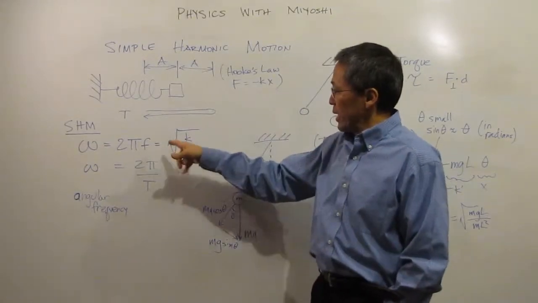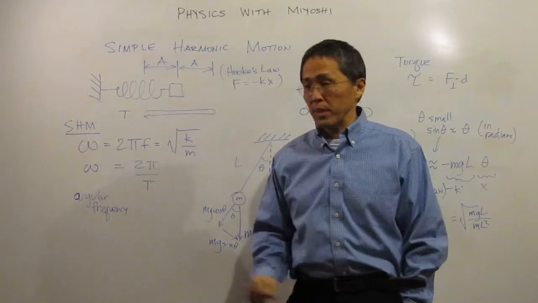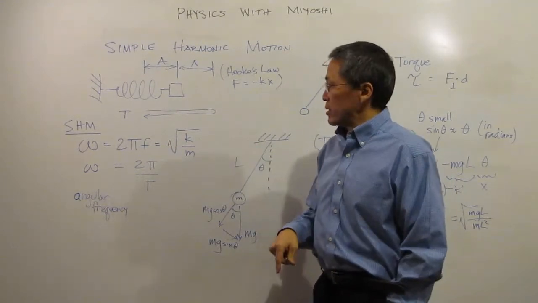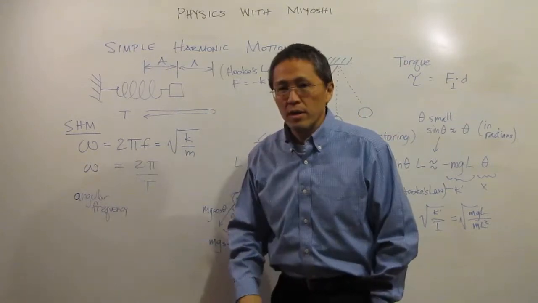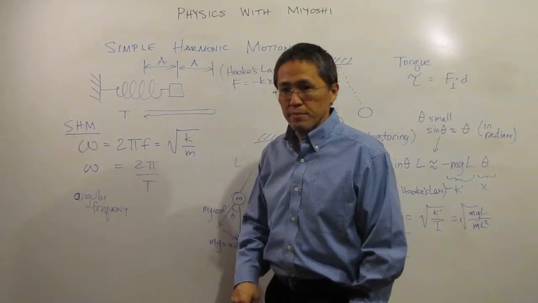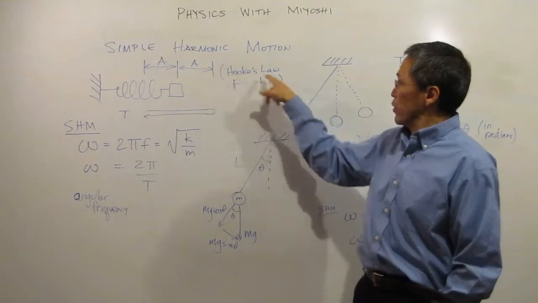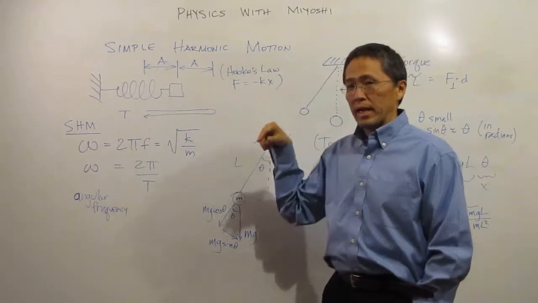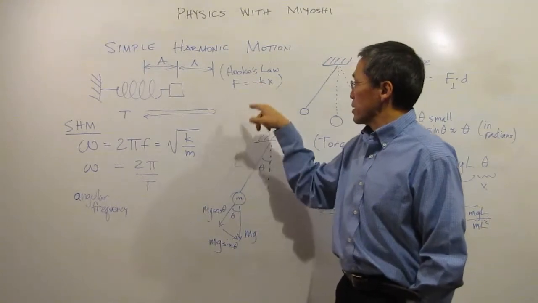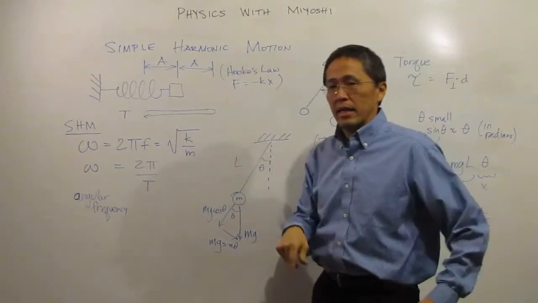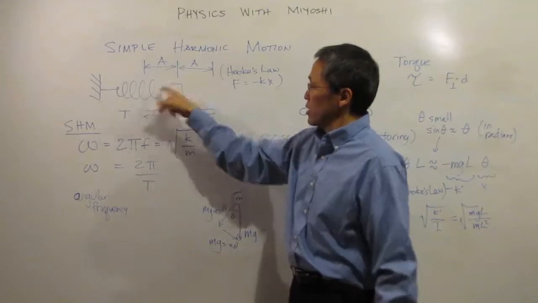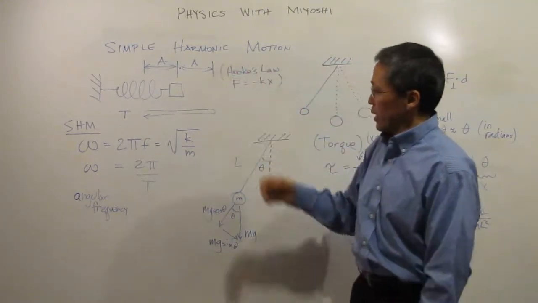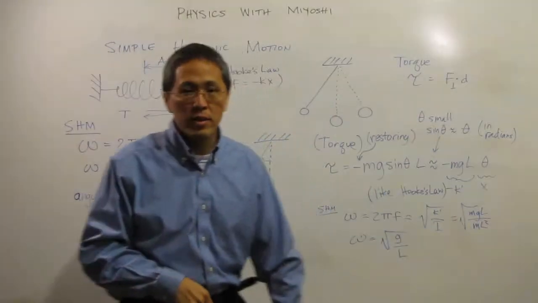We're going to use that again later on in most simple harmonic motion. We can use an analogous type of equation for our angular frequency. Also recall that with Hooke's law we have F equal to minus kx, where k is the spring constant and the minus sign refers to the restoring force that the spring pushes on our weight with. So we'll remember those things as we think about simple harmonic motion